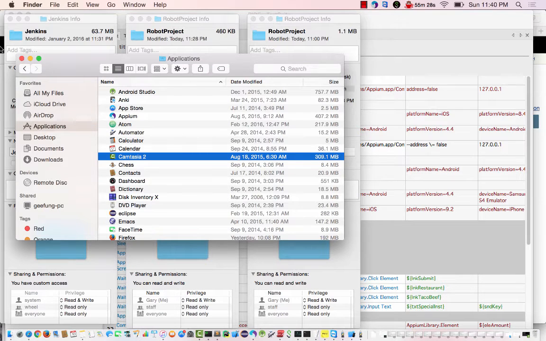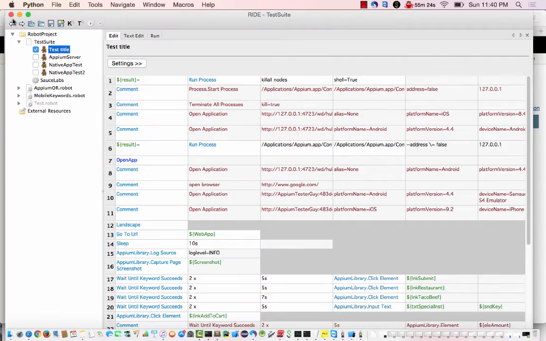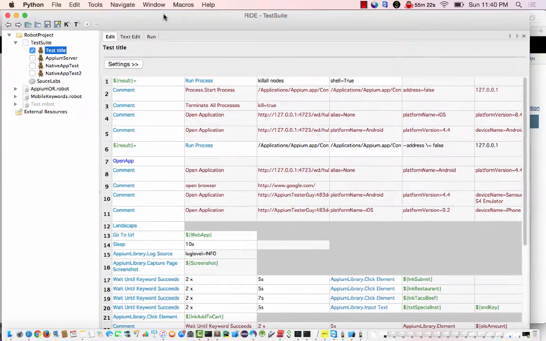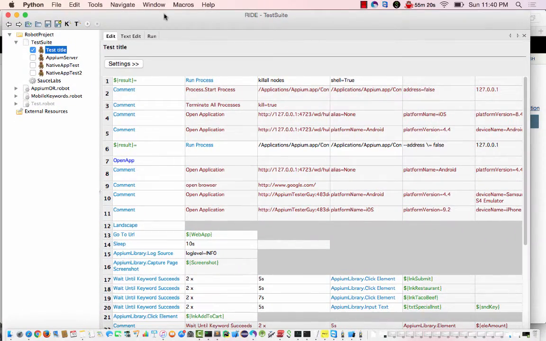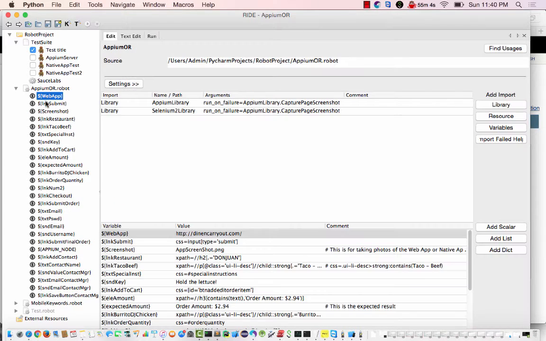Alright, today I'm going to be showing you a little bit of RobotFramework, and utilizing Python with Ride IDE on the Mac. I currently have this test suite set up with, as you can see, a bunch of